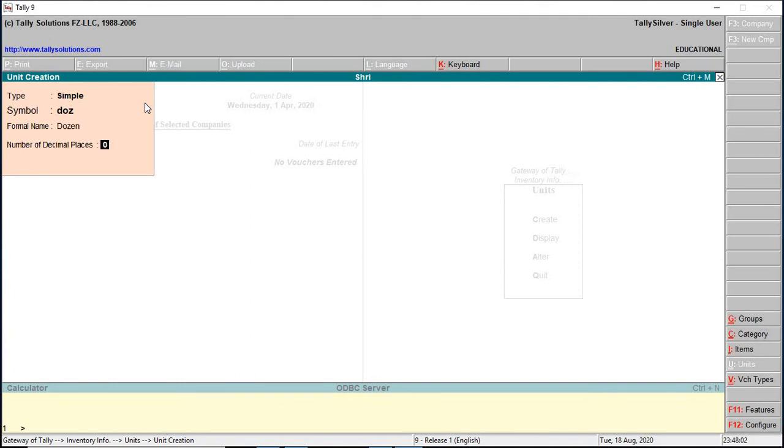Number of decimal places is selected if the stock item is measured in fractions. Press enter. It will create simple unit of measure, dozen.